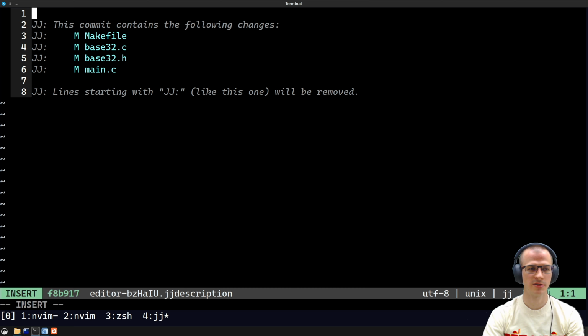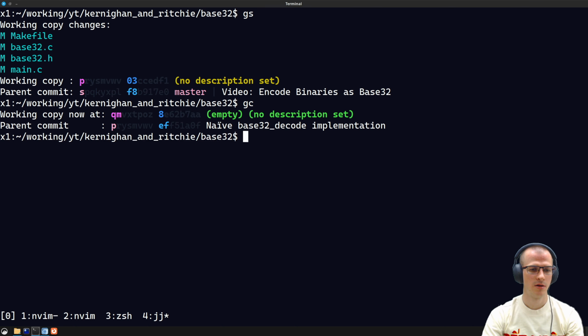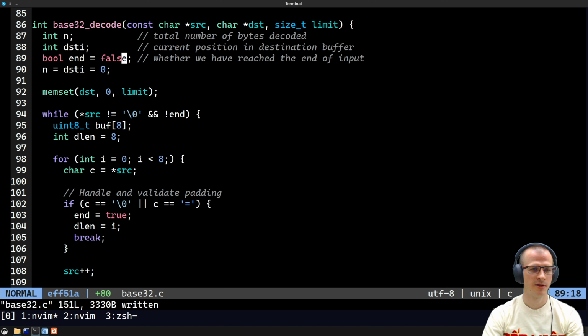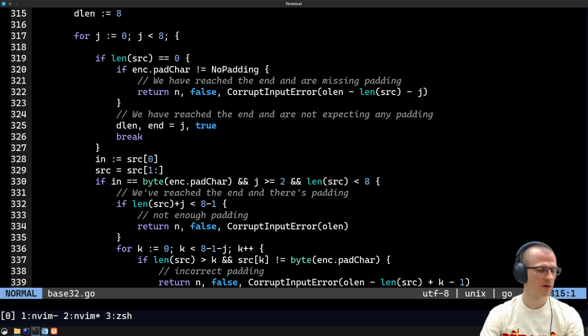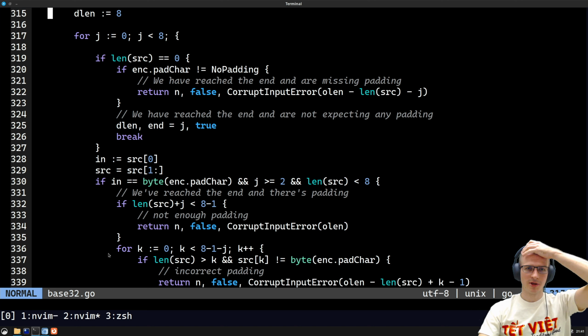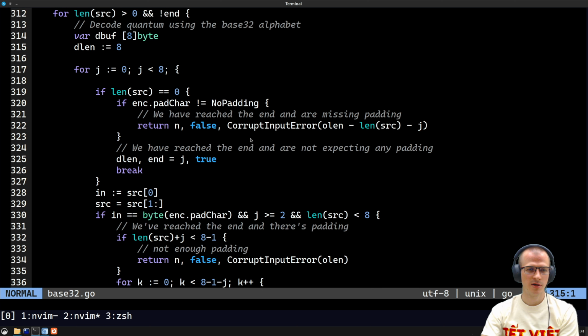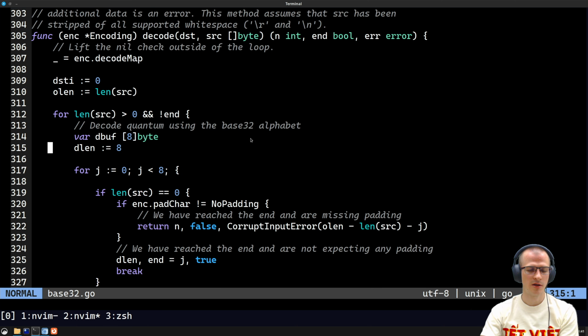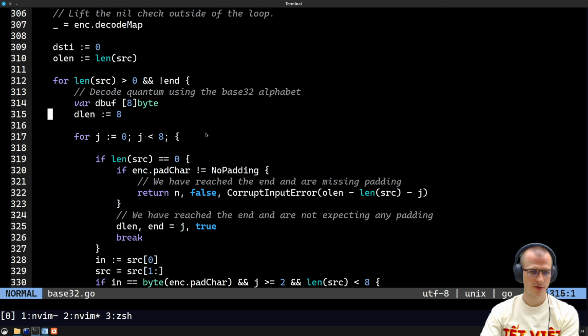So I'm just going to say naive Base32 decode implementation. And next I'm going to look at the Go standard library implementation, because it contains ways to handle incorrectly encoded data. So for example,